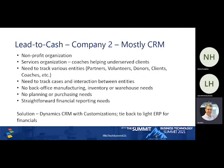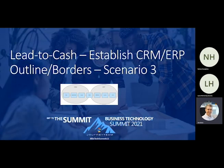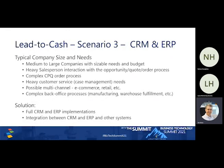They don't have any back office manufacturing, inventory, planning or purchasing. In their particular case, they are deploying Dynamics CRM with some heavy customizations, and they're going to tie that back to a light ERP like Business Central for financials. The third scenario is a company or companies that might fall into this kind of split CRM and